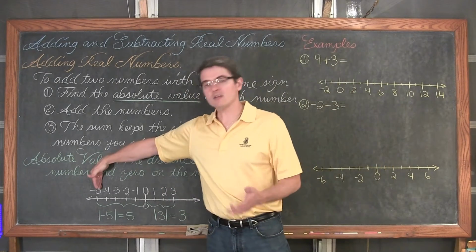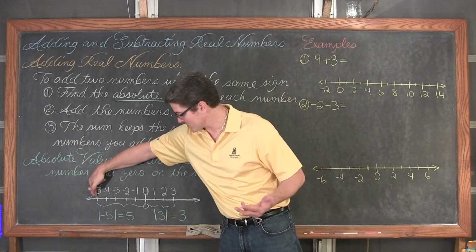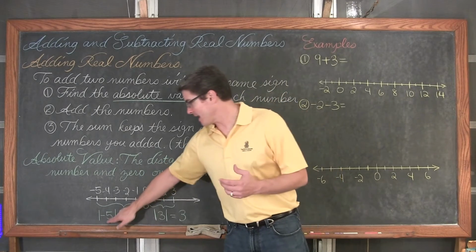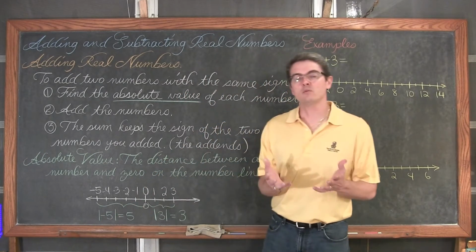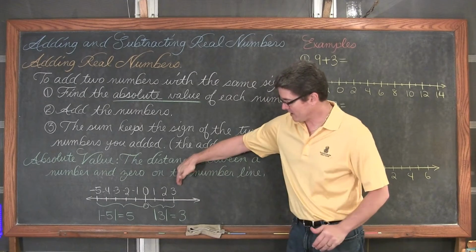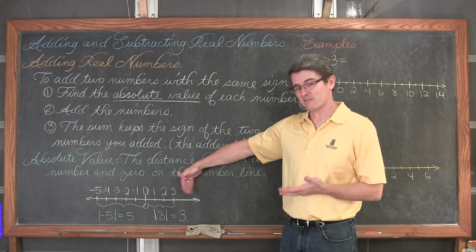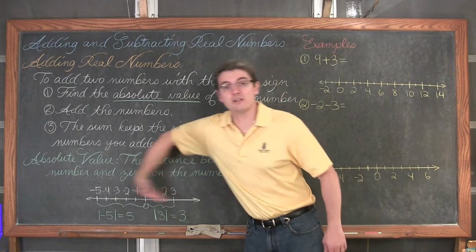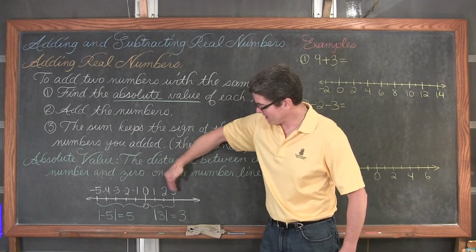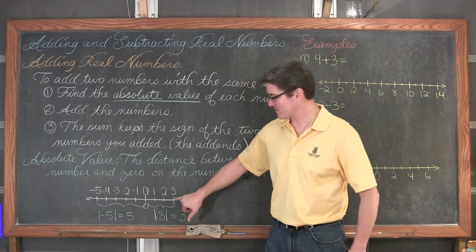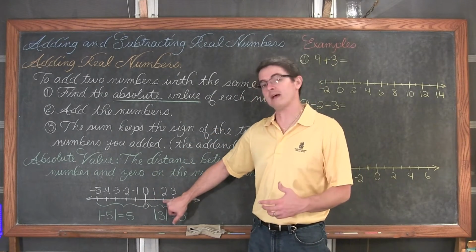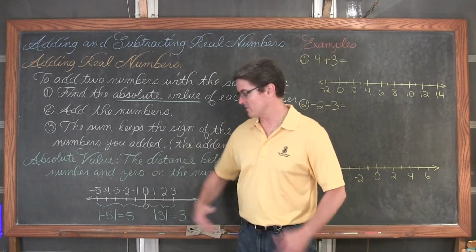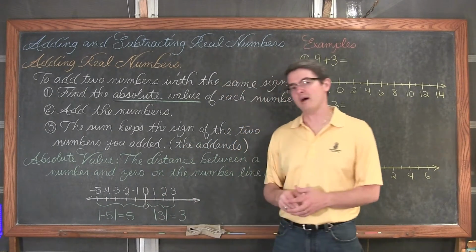So this value of -5, well, -5 is, if I count this off, 1, 2, 3, 4, 5 units from 0. So the absolute value of -5 is equal to 5. And 3, my farthest right point that at least I've marked on my number line, it goes to the right forever and to the left forever, to positive infinity and negative infinity, but 3 is 1, 2, 3. Now notice I'm starting at the 3, and I'm starting to count as I move towards the 0, and I move 3 times to get from the value 3 to 0. So the absolute value of 3 is equal to positive 3.